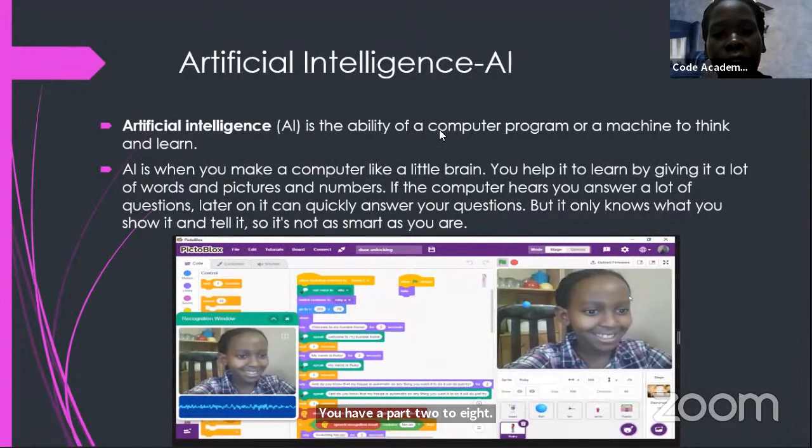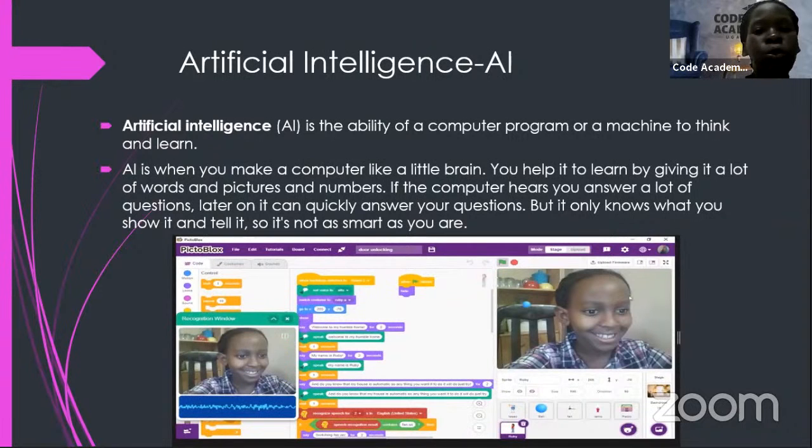So for example, you're going to find this project. She's one of our students at Coda Academy, Uganda. Yes, she's called Fantasia. She was designing a project basically for speech recognition. You get it? So when you speak, you say, okay, hello, I'm hungry. She had given it the information that when I say I'm hungry, you reply something. You reply, go somewhere, get food, which means it has to be trained.